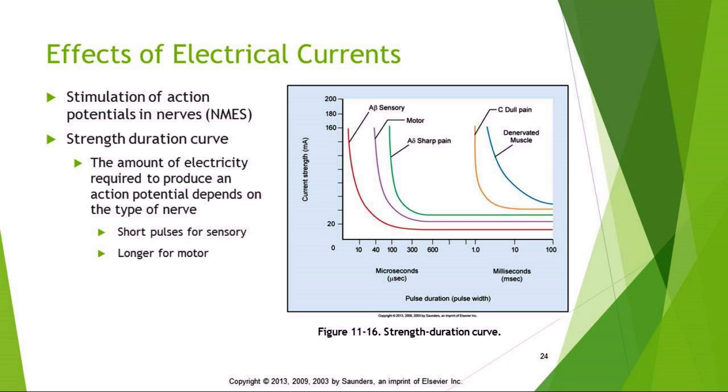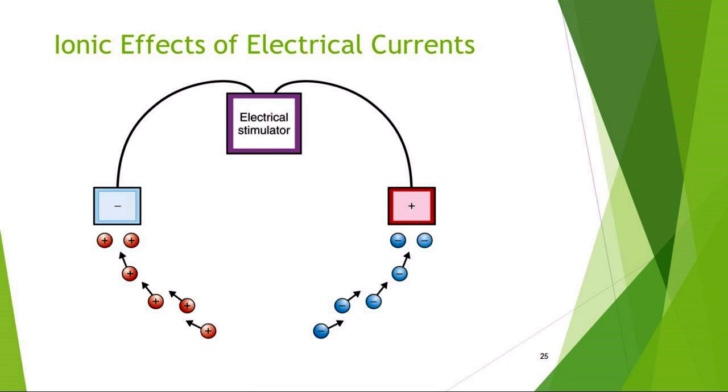So sensory nerves are going to be shorter pulse durations. Motor nerves are going to be longer pulse durations. I mean, that's really the upshot of the strength duration curve. Shorter pulses for sensory, longer pulses for motor. With electrical currents, when you have